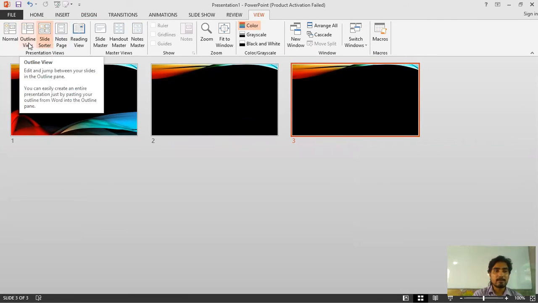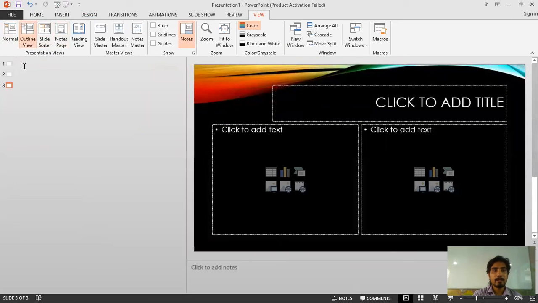Outline view displays only the text of a slide. It does not display the slide. For example, let's click on that and see. In these slides, only the text will be displayed, but our slide does not contain any text. That's why nothing is being displayed here.